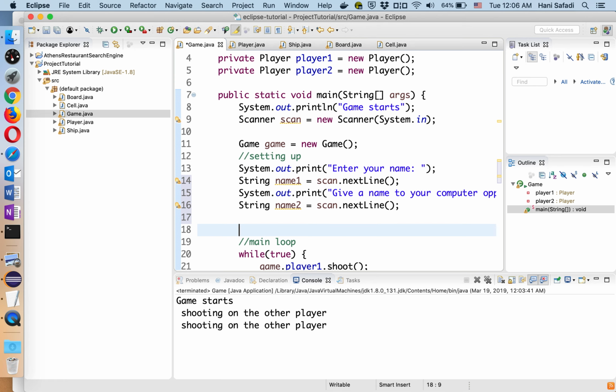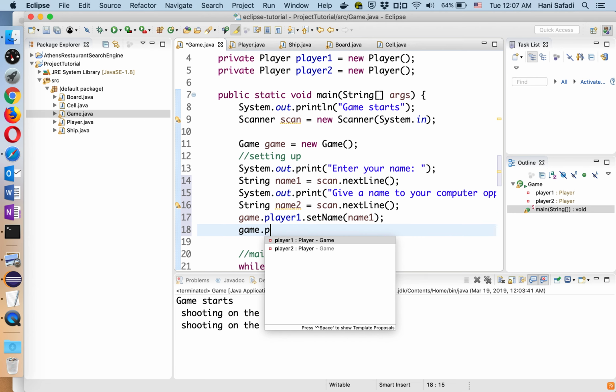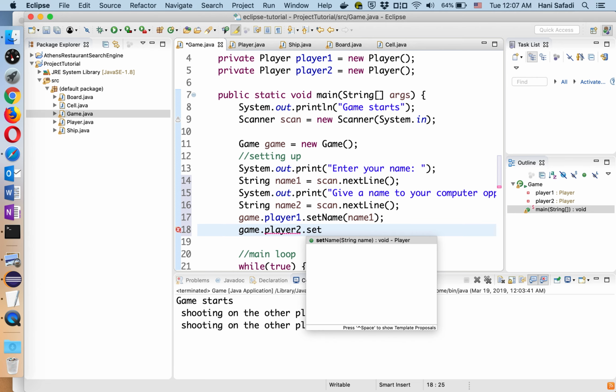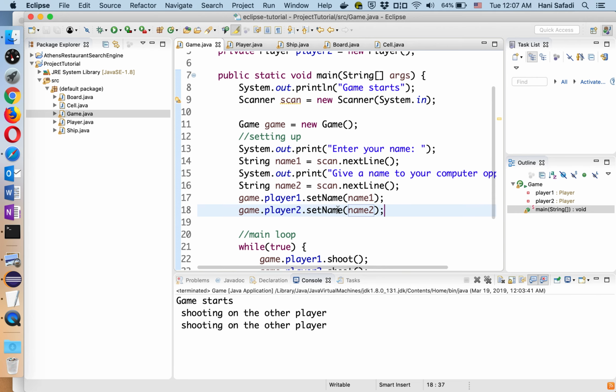So done with this stage. Now, those are two local variables here. I want to pass those to player1 and player2, right? Because this information belongs to those two objects. So I'm going to set the name. Of course it's game.player1.setName(name1), and game.player2.setName(name2). All right. So this information is now passed to Player to be stored in here, and I'm going to test that it's passed correctly